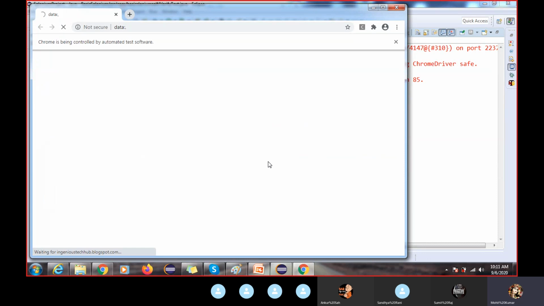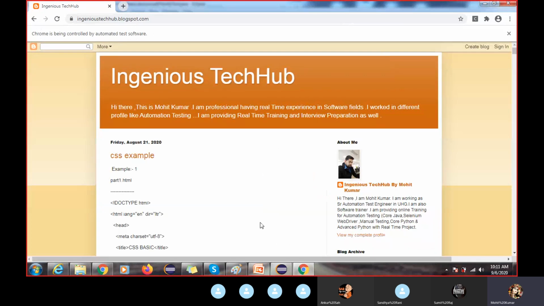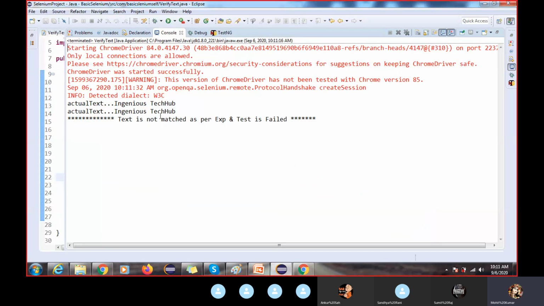When the control enters the main method, it will execute step by step. I am not closing here. Let me check the console. Okay, so test is failed.